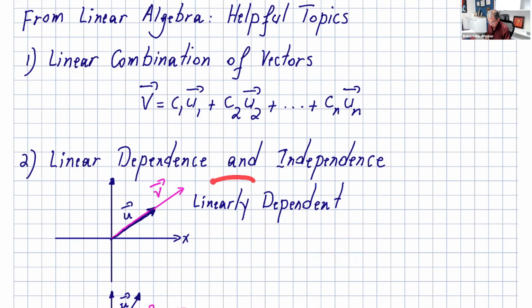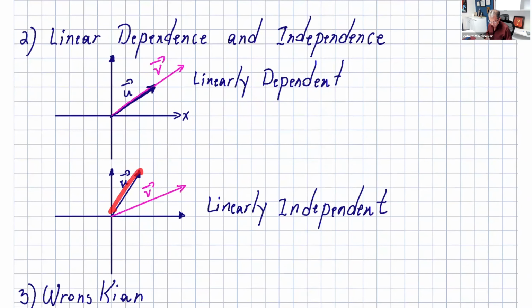When that happens, they are linearly dependent. Otherwise, you say they're linearly independent. These are simple examples in R2, but it's going to help you,